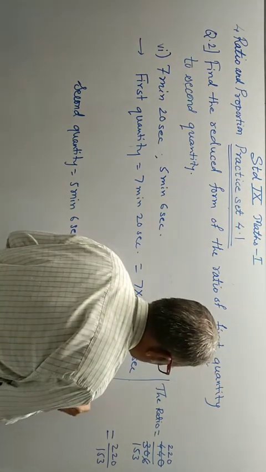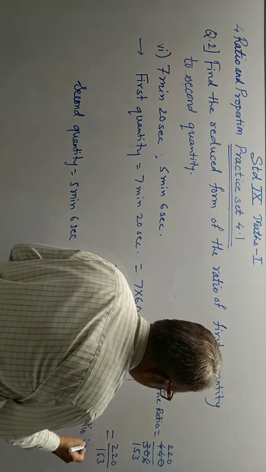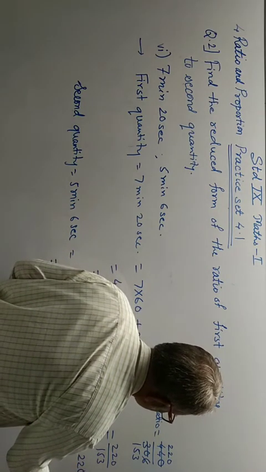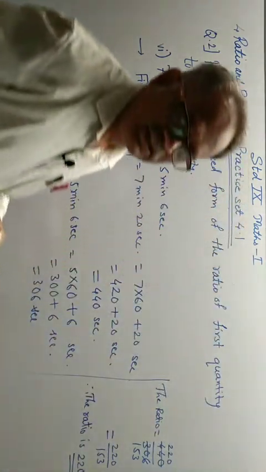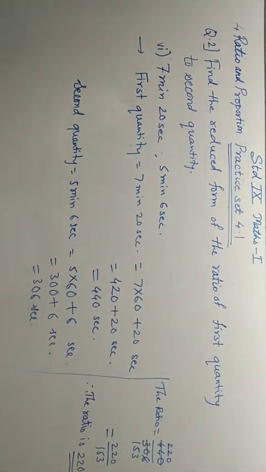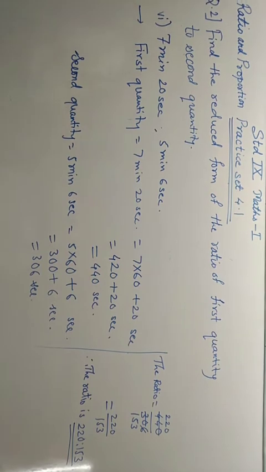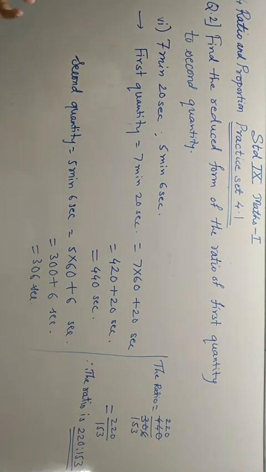The ratio is 220:153. That is why it is a little difficult, so it was deleted from the syllabus this year. It was cut from the syllabus this year, but we are writing this as practice. So neatly complete it. Remember, first 4 are there, only the 5th and 6th are deleted. The 6th is a little difficult and may not be asked in the exam, but the 5th can be asked.